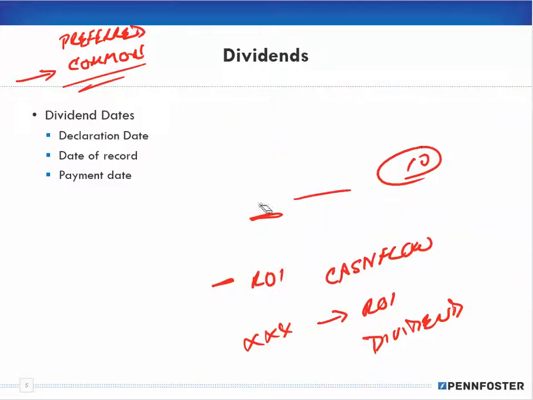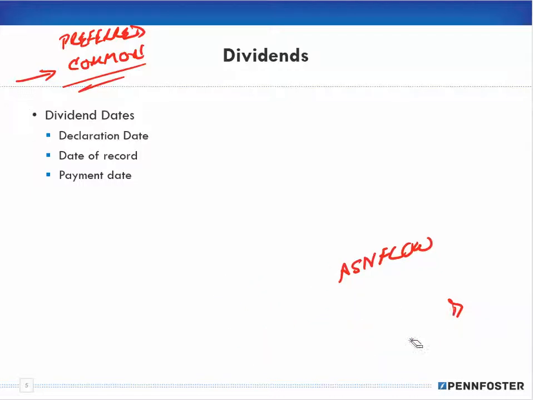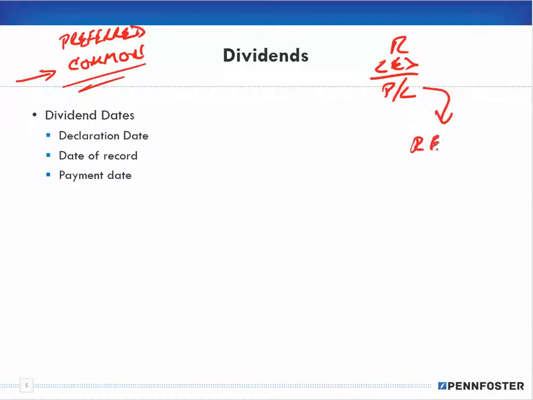Now, the way the dividend works is the company has, from their income statement, revenues less their expenses, which gives them a profit or loss. And that profit or loss gets closed out to retained earnings, so the money sits in retained earnings. If the company has had a good year, obviously they want to take that profit and invest it back in the business. But if they have excess, they want to keep the people invested in the business, so they'll decide to pay a dividend, and that money comes out of retained earnings.